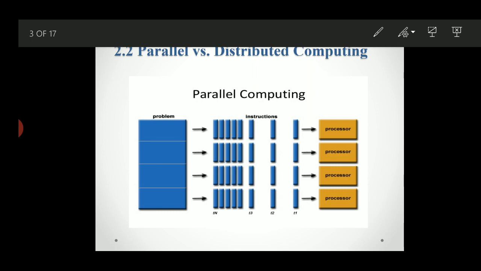Those smaller parts of the problem are assigned to one particular processor each. That processor solves the given problem with the help of resources accessed through that shared memory. This is what makes parallel computing different from distributed computing. Coming to distributed computing,